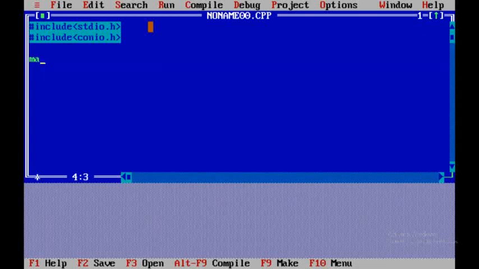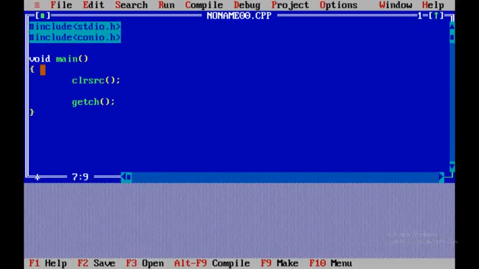Okay, so our first work is declaring the main function, opening curly braces and closing curly braces. For every function, there is a data type or return type. So here I have given the return data type as void. Void means it returns nothing. It returns neither zero, nor integer, nor float. It returns nothing. Okay, so our first work is clearing the screen with clrscr, and right now I am going to hold the screen so that we don't get any confusion later.